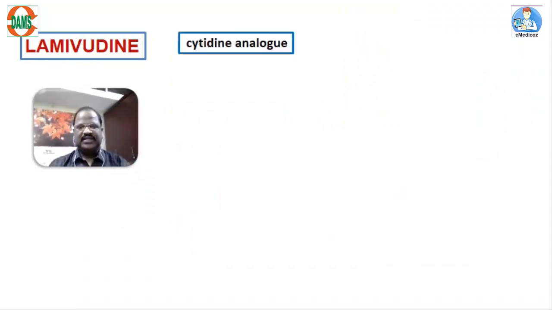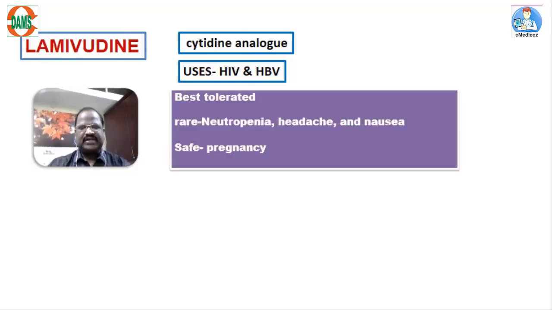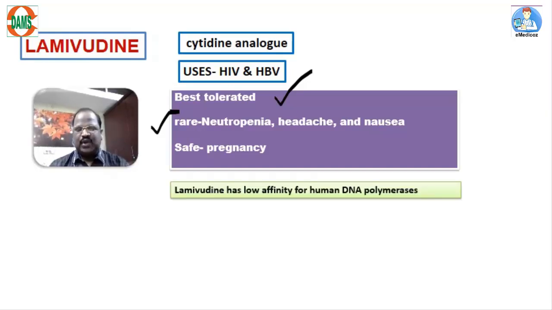Lamivudine is a cytidine analog useful for HIV infection as well as for managing hepatitis B viral infection. The beauty of Lamivudine is that it is the best tolerated NRTI, with no serious adverse effect; rarely it may cause neutropenia, headache and nausea. It is also a safe drug for treating HIV in pregnancy. And one more beauty of Lamivudine, it has very low affinity for human DNA polymerase gamma, thereby no risk of